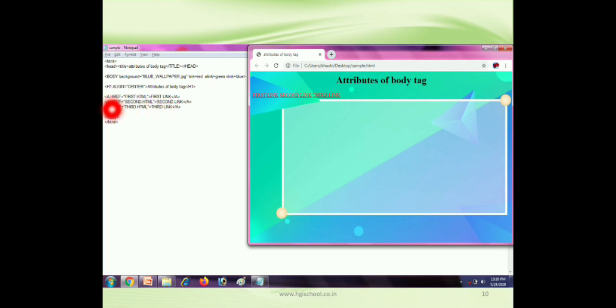Then the three link code: a href first.html. The href will link this page with the text first link. Now the anchored text is closed. This is actually the anchor tag. Now href equals second.html page, then the text second link, then it is closed. Then again the third link is written like this, a href equals third.html. Third link is anchored, and then the body tag is closed and HTML is closed.